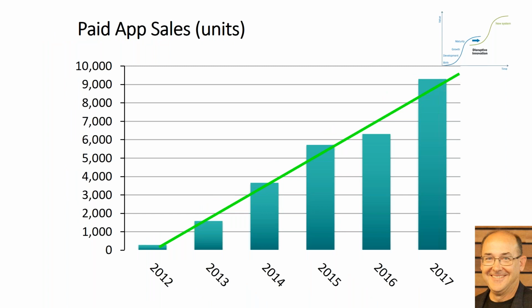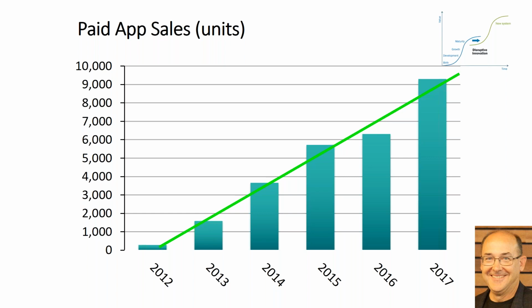Paid app sales. I've been saying for years now, paid app sales are interesting, but that's still relatively small. But we're close to 10,000 app sales a year. So though with the App Store, the number one value for our partners is really marketing, or for customers, finding new partners, new software developers that can really help your business, it's becoming a sales place too. Again, we've had a big jump this last year in the number of sales through the App Store.